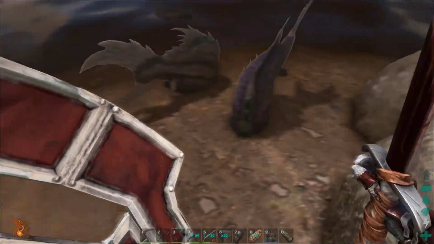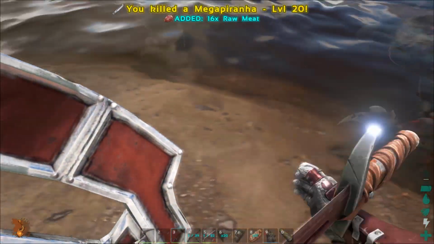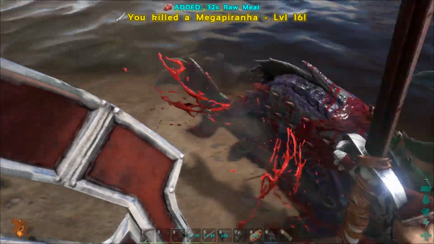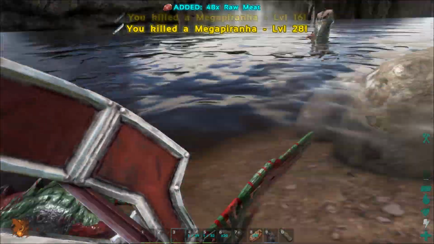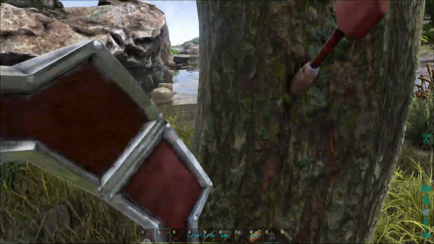Come here. Come here, both of you. Yeah? There's one dead. Oh, hey, here's a bunch more. Good. Take that. Okay, so we're going to chop down this tree, and then I think what we want to do,